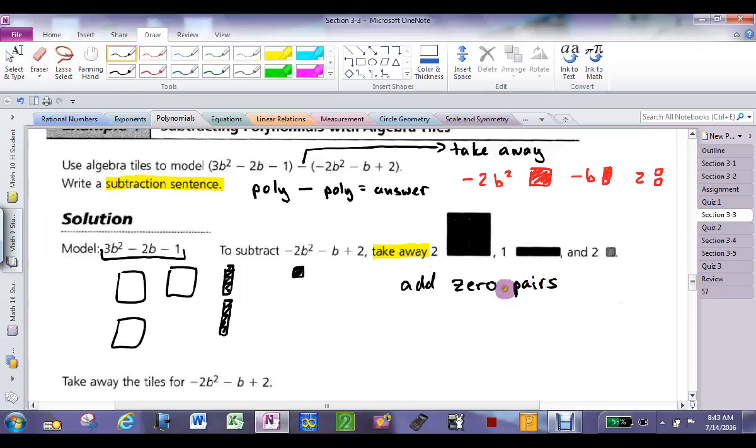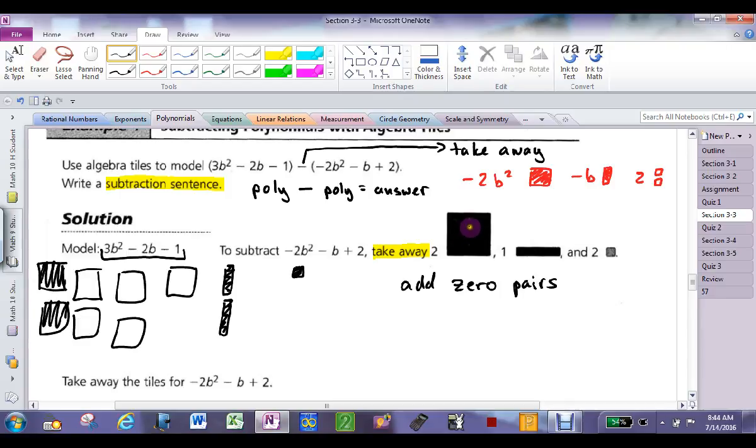Now if I add a 0 pair, how much am I adding? 0. So the value isn't changing, is it? So I'm going to come over here and I'm going to go I've added 0 and 0, yes? Okay. Now,